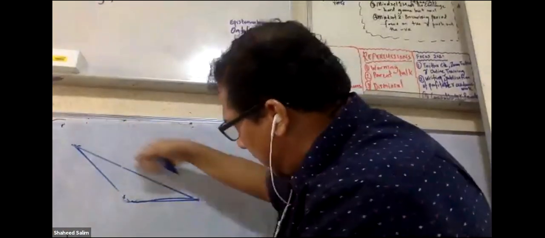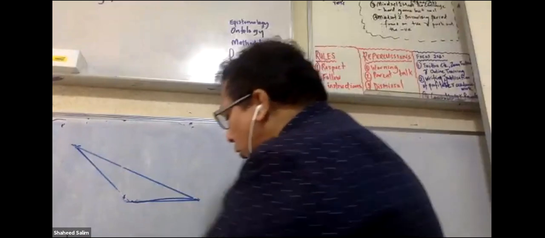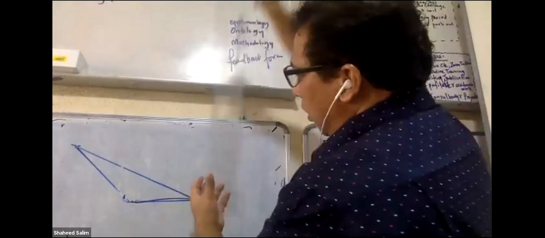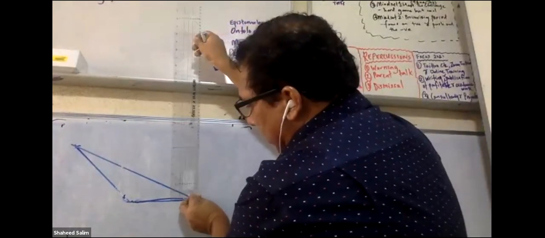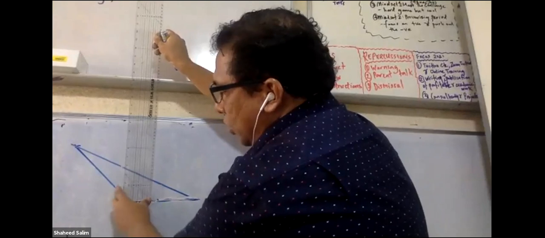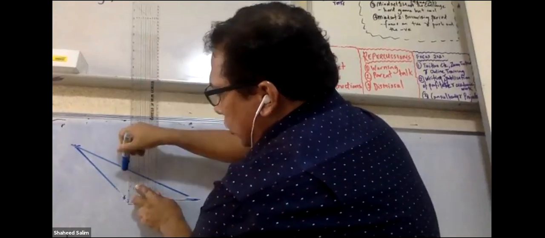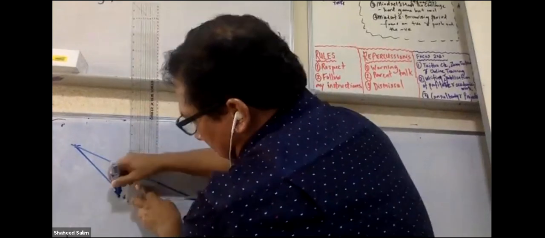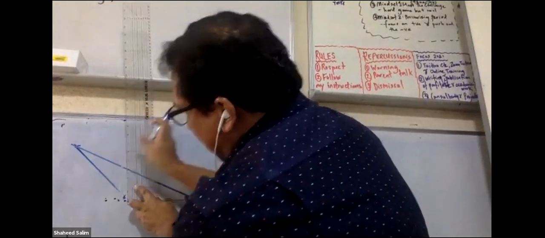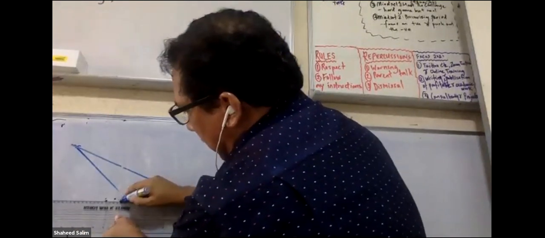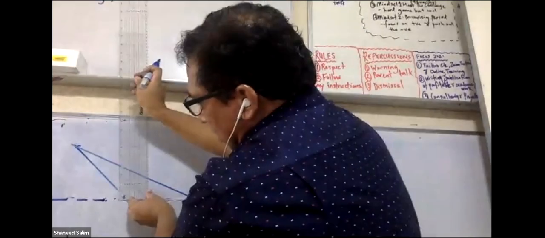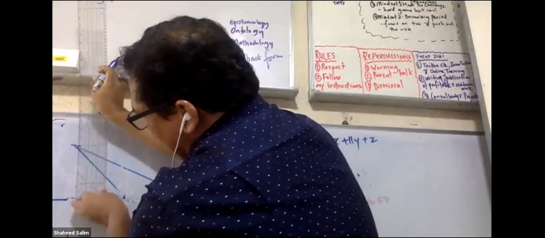Now, a triangle can have 3 bases. This can be the base, this can be the base, this can be the base. So how do you find the height? If you take this to be the base, move the height along the base. Make sure it's 90 degrees. When you reach here, it's more than 90 degrees, so this cannot be the height. If you draw the height, it's only until here. So draw a dotted line to make an imaginary line along the same line as the base, and then draw it up until you reach the highest point down here.